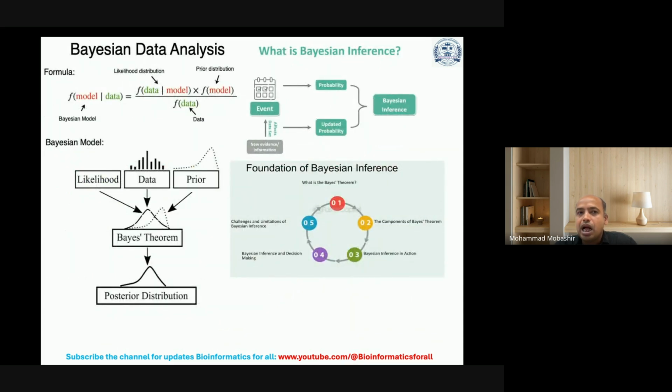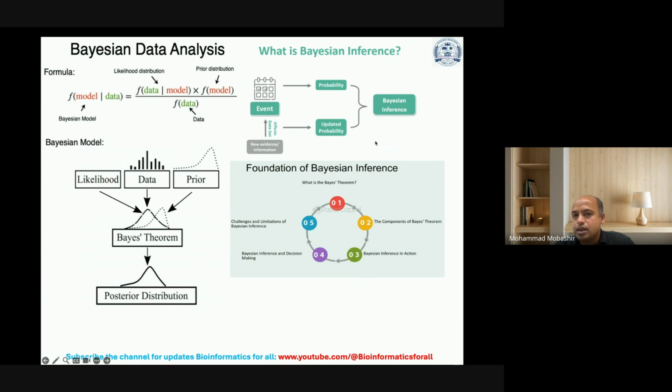And then how you can look over Bayesian data analysis. The formula is quite simple, which you can see here. So likelihood distribution, prior distribution, then data. And this could be simplified in something like this way: likelihood, data, prior knowledge, then Bayes theorem, and then posterior distribution. And in terms of implementation, it could look like this: event probability, updated probability, then